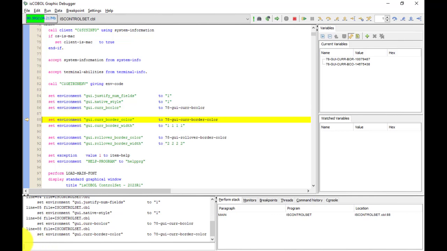Let's look at the different areas in the debugger. We've talked about the menu bar and the toolbar. Here's the source code area, then the output area that'll give you information for each step or task that you take, the command area, the variables area, both the variables that are on the current line and any watched variables that we set up. And then the information area with all of the different tabs for perform stack, our monitors,